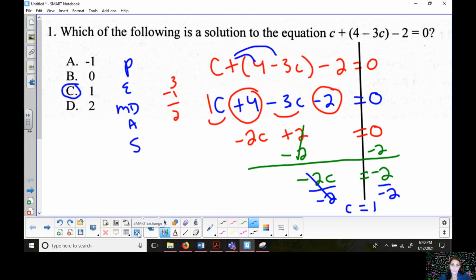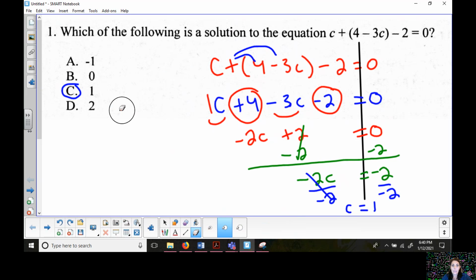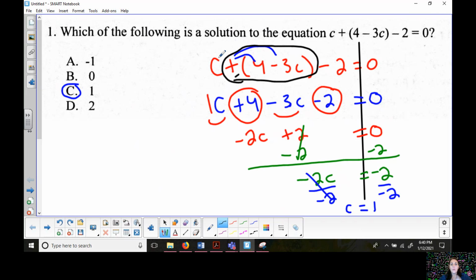Side note. I'm going to go back right here to the very beginning of this problem. This was a positive, or plus sign, on the outside of the parentheses. Let's just say that instead of a positive it was a negative sign. I'm going to rewrite this part here. So instead of that positive, if it looked like this,